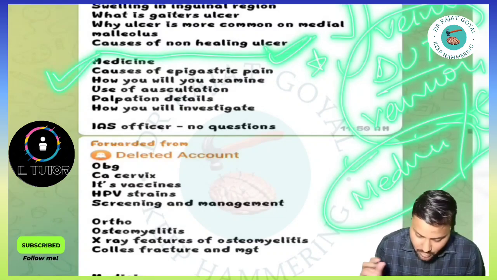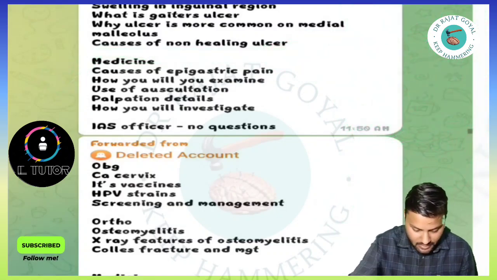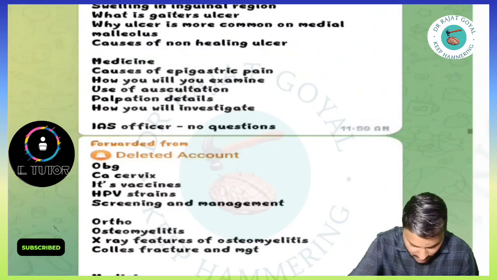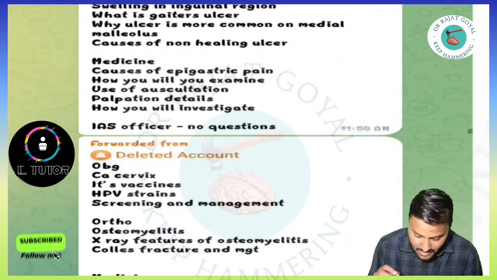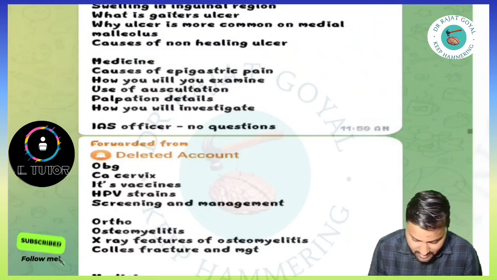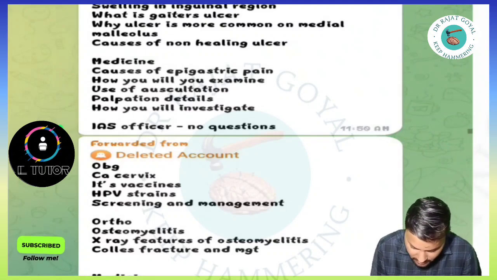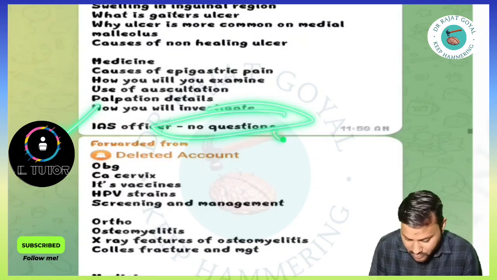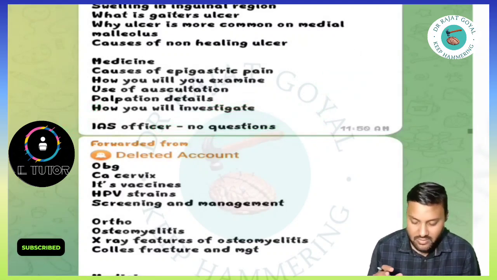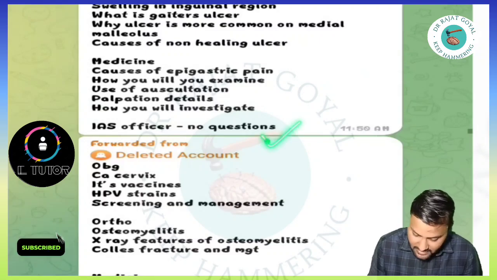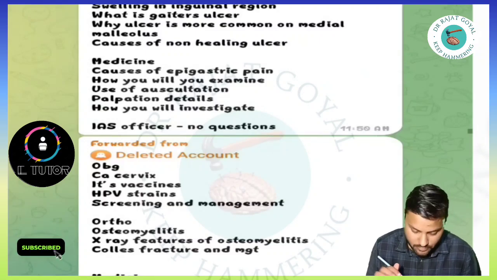So medicine topics are cause of epigastric pain, how will you manage, how you will examine, okay, and use of auscultation, palpation in detail, how will you investigate. IAS officer, no question. So this is also not a good thing, that the IAS officer is asking you nothing, because this suggests that he is not interested in you. So